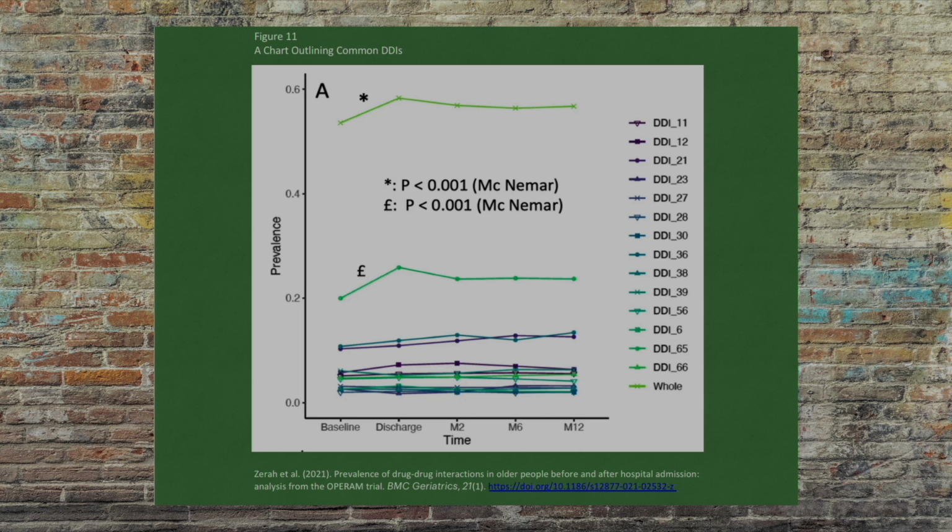Drug drug interaction 12 involves anticoagulants and antiplatelet medications. Number 39 is NSAIDs and SSRIs. 36 is the prescription of more than three CNS acting drugs, such as hypnotics, antipsychotics, sedatives, antidepressants, opioids, and antiepileptics. This chart just illustrates the most common interactions that we see in prescription of medications to patients and highlights some of the things that we should look for when assessing a patient's medication history for any potential interactions or red